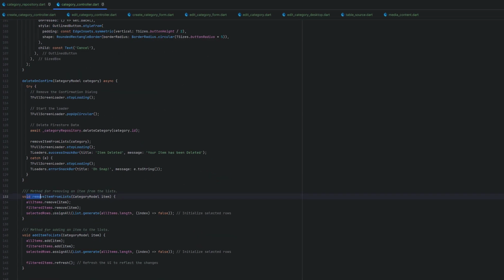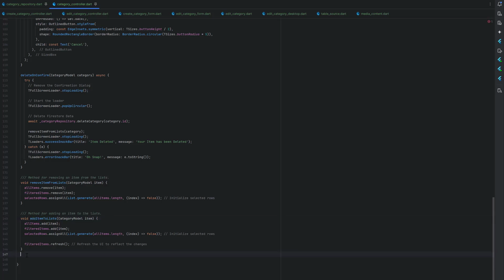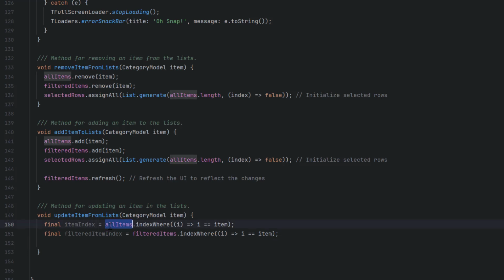and down below where we have remove items from list and add items to list, we are going to create update items from list. First of all, inside this function we have to call the all items dot index where, to find this item inside that list and get the index of that element, because based on that index we will be able to update, right? So to find the index we call all items dot index where, and using each index we are going to loop through all of them and find the item. So this i is actually a category model and we're going to compare it with this category model. Once it is equal, it will return us the index, and in the same way we're going to find the index